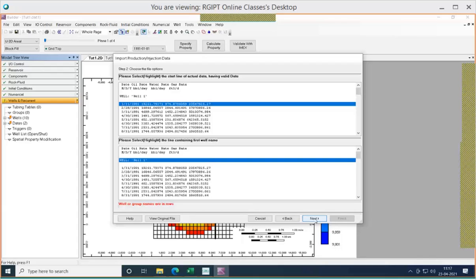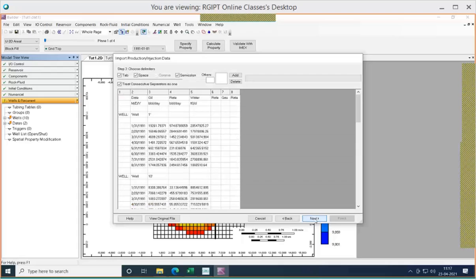Okay, so it automatically made a table in the CMG software. In well 1, this is the oil, this is the rate. We can see rate BBL day, oil BBL day, but it is not the correct way.